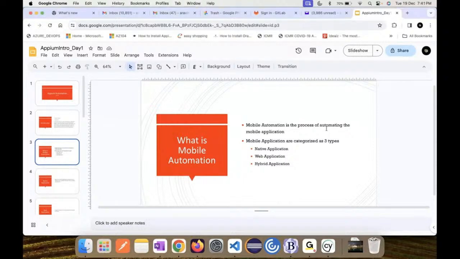So today is the first session and it is going to be the demo session. The demo session will include walking you through the syllabus and what mobile automation is. We'll also check how mobile automation with Appium is quite unique when compared to other tools in the industry, and why we do mobile automation. Before we jump into the topics,